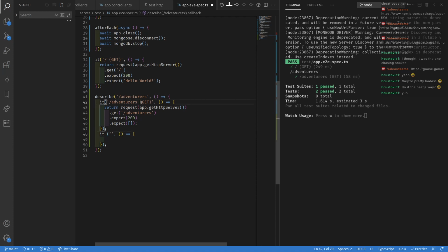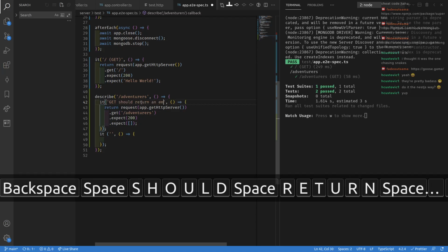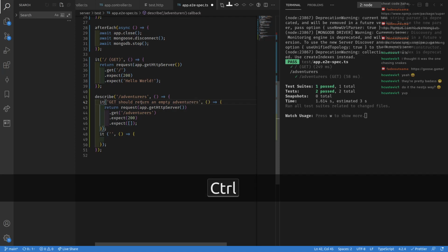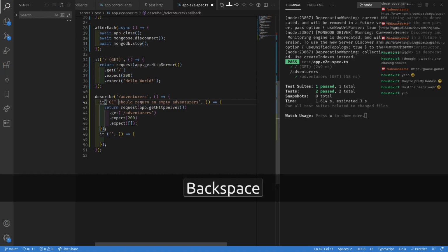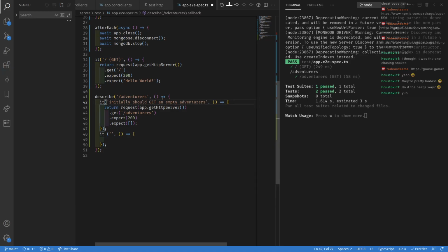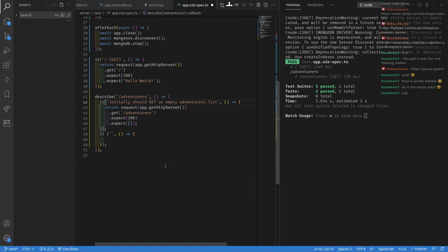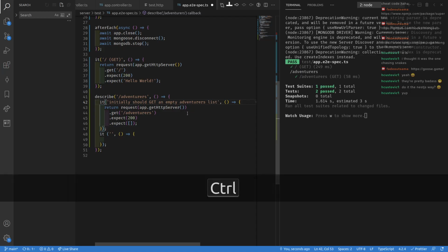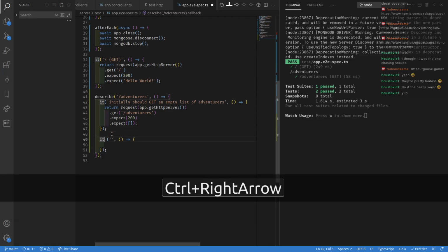So let's do it. We do get should return an empty adventurers list. So init get it initially should get an empty adventurers list. An empty list of adventurers. Okay, something like that. Then next up is